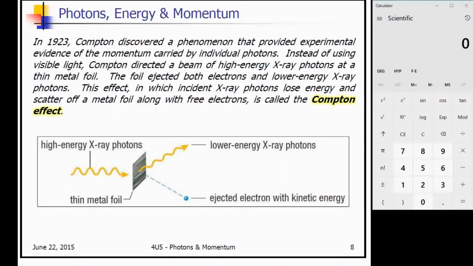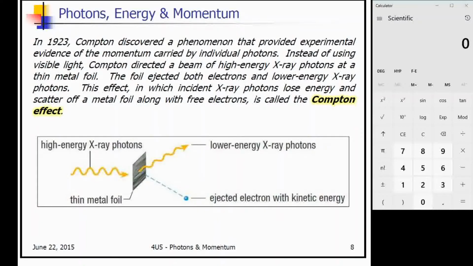high-energy X-ray photons. So he went higher up on the frequency of the photons, and he had them pass through a thin metal foil. And what would happen was he would have electrons emitted, but they would also have photons passing through as well. If you remember, X-rays can pass through quite a bit of metals as well. So these X-rays would pass through, but the photons would have less energy. And the loss of that energy would end up being